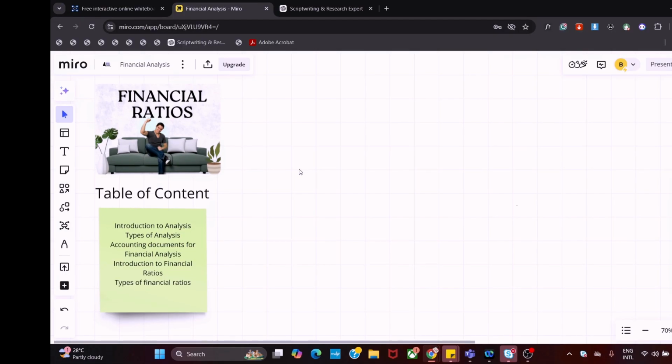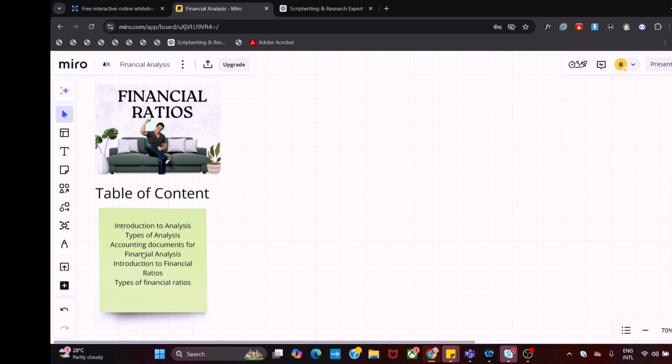So today we are going to be looking at financial analysis. Alright. So this will be a full tutorial on financial analysis. So in this video we are going to be talking about financial ratios, financial analysis. As you can see, if you actually look here by the left hand side of the whiteboard, you can see